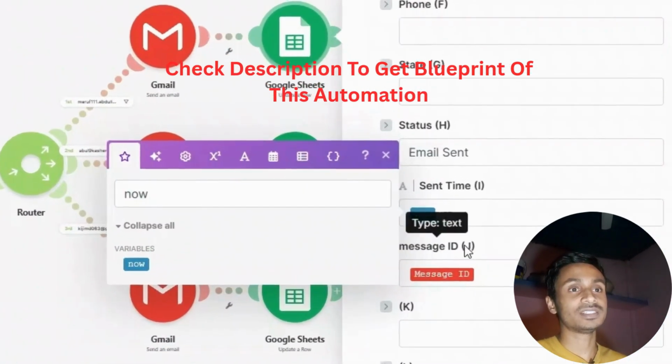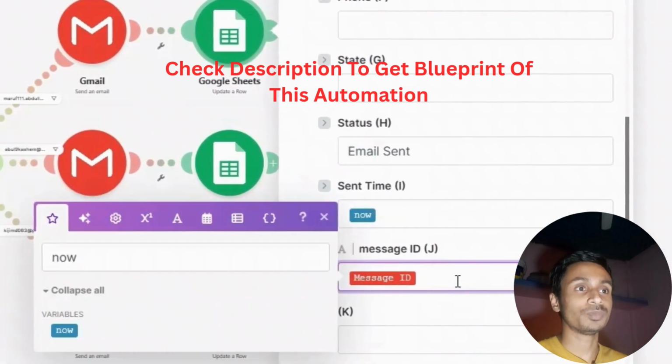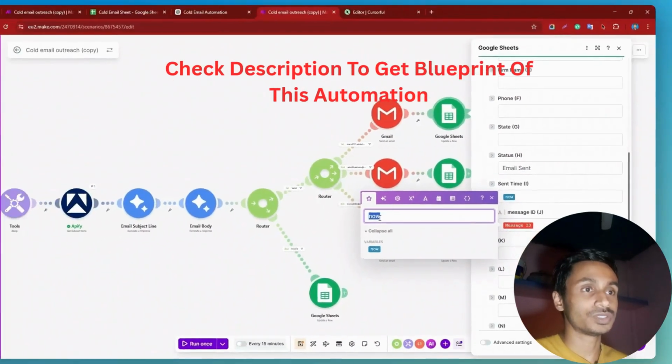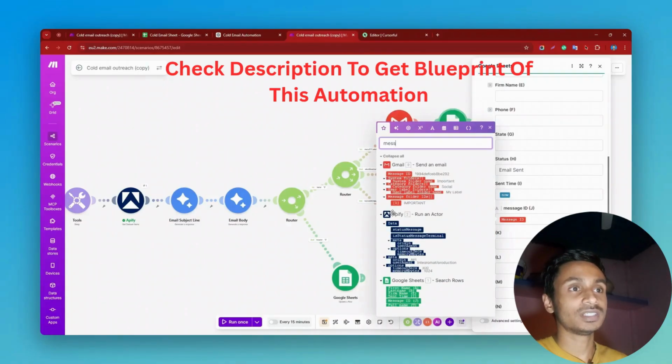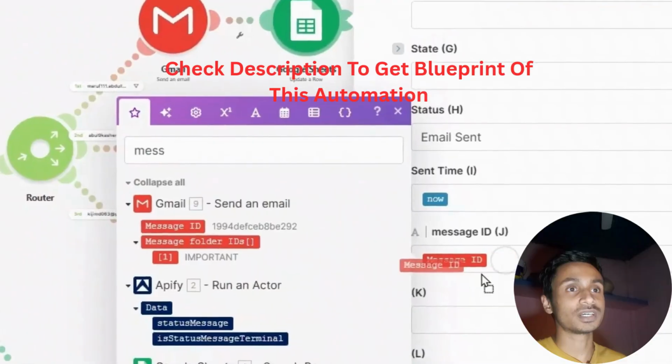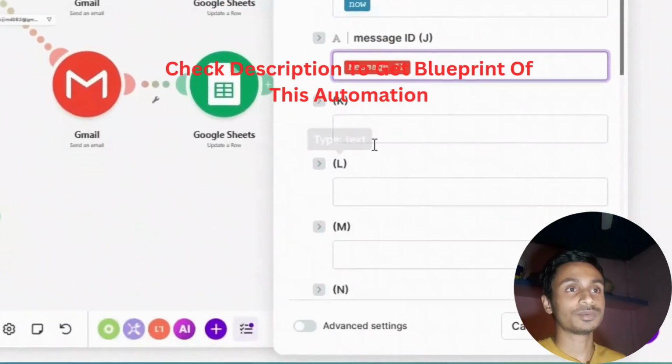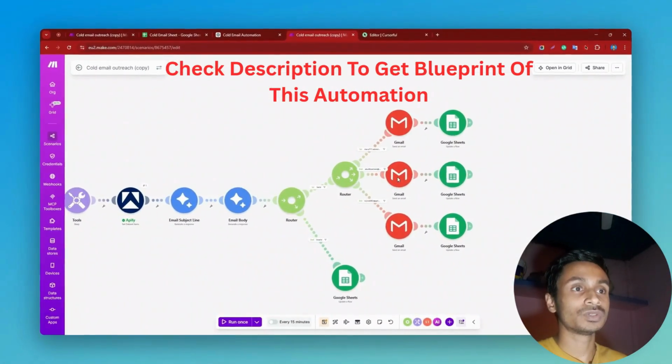And message ID, message ID is most important because I want to use message ID to send follow-up. Here you can see message ID and drag and drop this message ID from the Gmail module. Now click the save. So same way we need to do this other two path also, and you need to